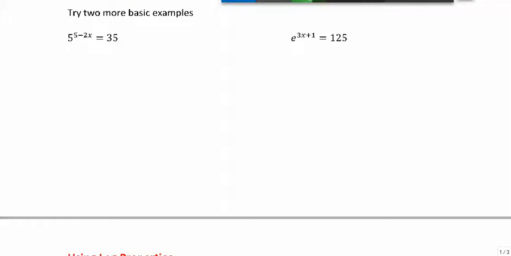Okay, so now we're going to use it where I cannot rewrite it as a same base. There is no power of 5 that I can write that gives 35, because 5 squared is 25, 5 cubed is 125. There's no integer that gives me 35. How do I solve this one? So we're going to pretend